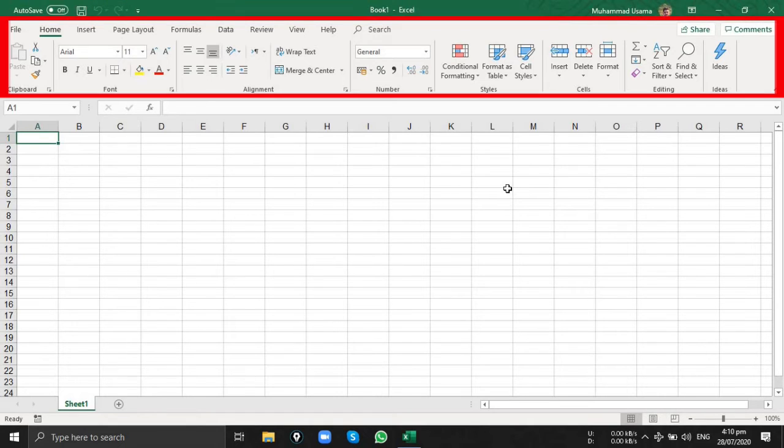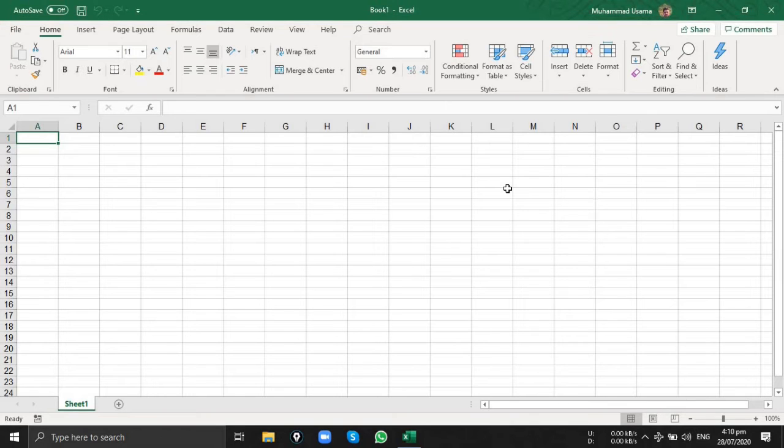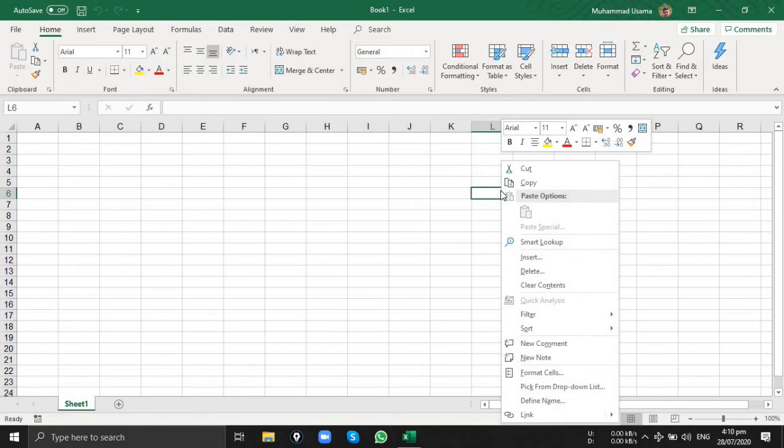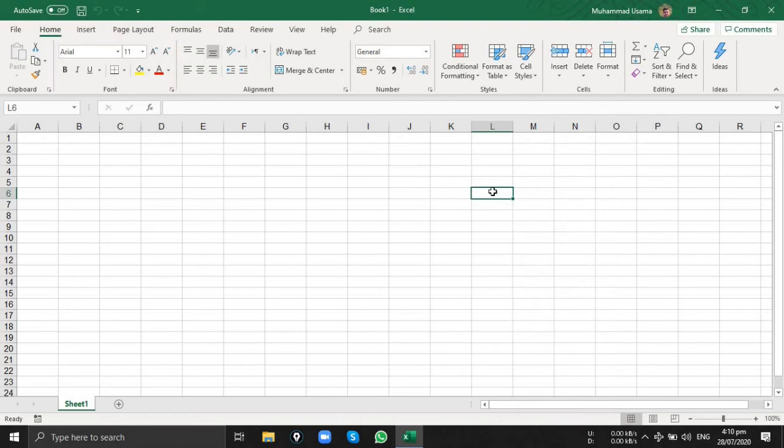On the bottom of name bar, this area is known as main menu. All those tools which you will apply by right click of the mouse and by shortcuts are available here. Like when I right click, you can see a font tab which is also available in main menu.